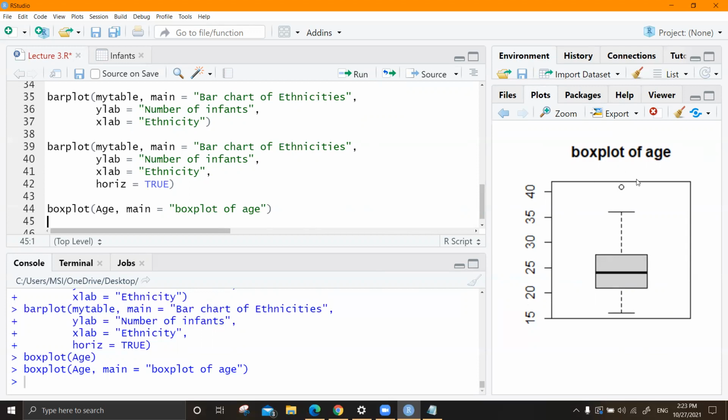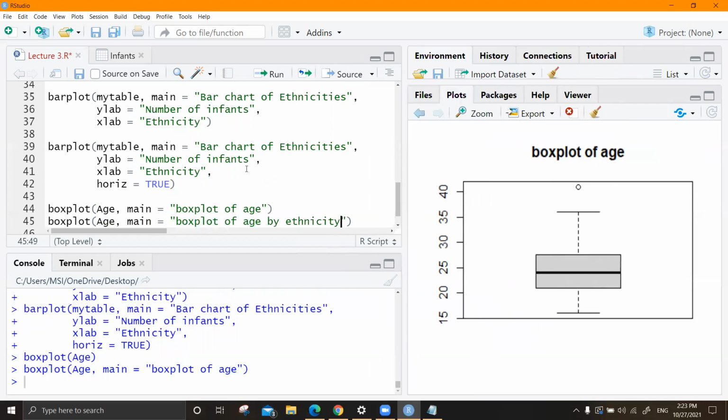If you want a box plot of age for each category of ethnic group, then that is given this way. I should change it to age by ethnicity.